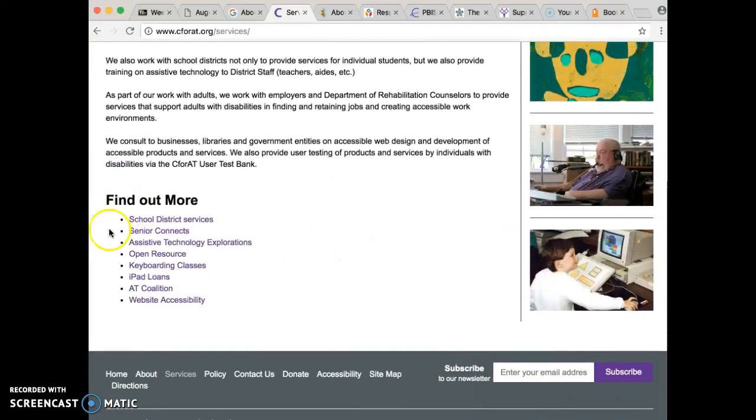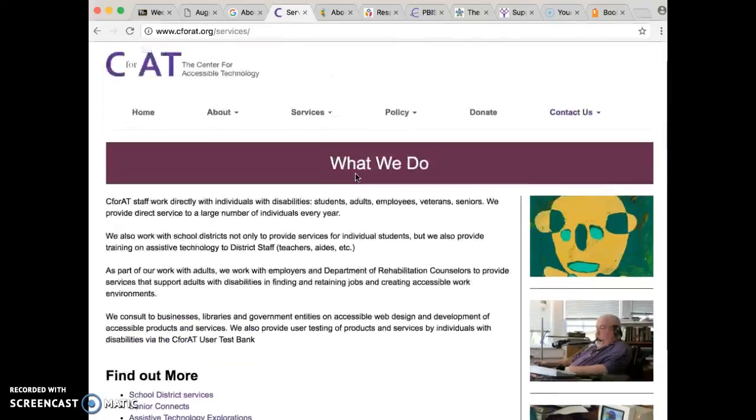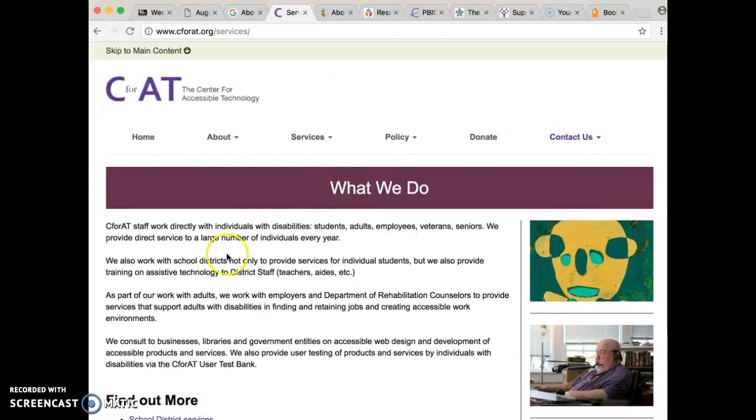Like I said, they often work with districts. They sometimes do things like iPad loans or assistive technology loans. They sometimes work with a parent and a child, and sometimes a teacher as well. But it's mostly for the districts that they are aligned with, so more in the East Bay. But that's also a good resource as far as if you wanted to learn more about the different options that are out there.